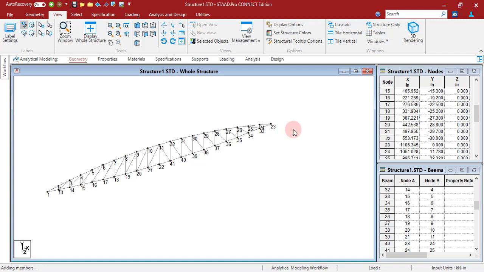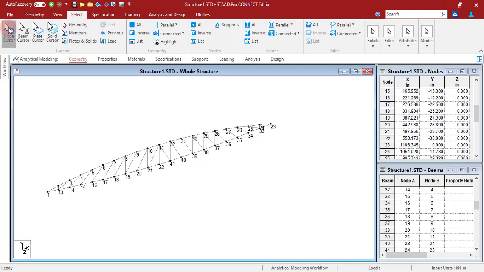You remember when we used this rotate tool in STAAD, we have to define the axis about which members or nodes have to be rotated. So I have to define that particular axis. And to define the axis, we need two nodes. I do not have any node which is lying about z axis. So I'll be creating one dummy node. To create this dummy node,